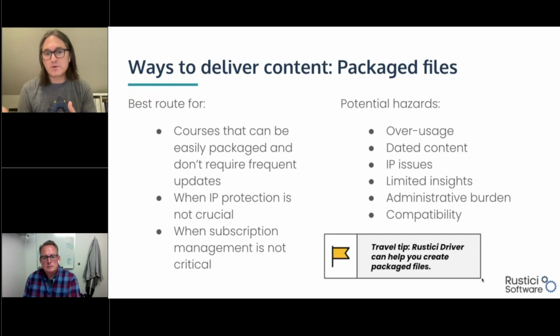That is probably the best way to deliver that packaged content. However, we have some folks that come to us that have packaged content that are being asked for that content to be accessible or launched from a third-party learning management system. And this is the easiest way to make that content available through that system. It doesn't require any additional technology. You can simply hand over the content to that customer or partner to be loaded into their LMS. But there are some potential pitfalls around just handing over the content in its entirety to that third-party system.